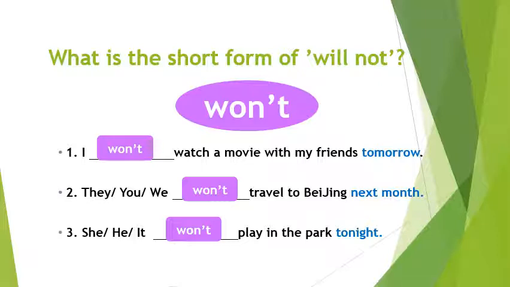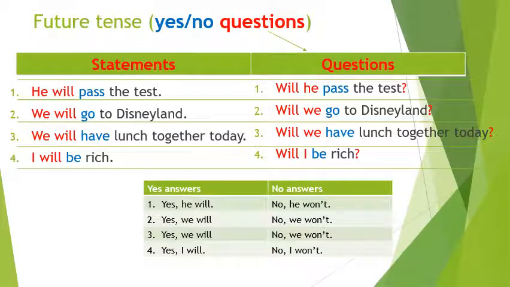All right, let's move on to the next slide. Next, we need to learn about future tense in yes or no question form. How do we change it to question form? For example, example number 1, these are examples of statements. Number 1, he will pass the test. When you want to change this statement to a question,